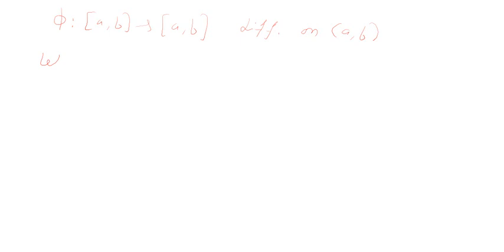Let x and y be two points belonging to AB. Certainly the closed interval from x to y is a subset of this interval AB, so the function is continuous there. So the mean value theorem tells you that